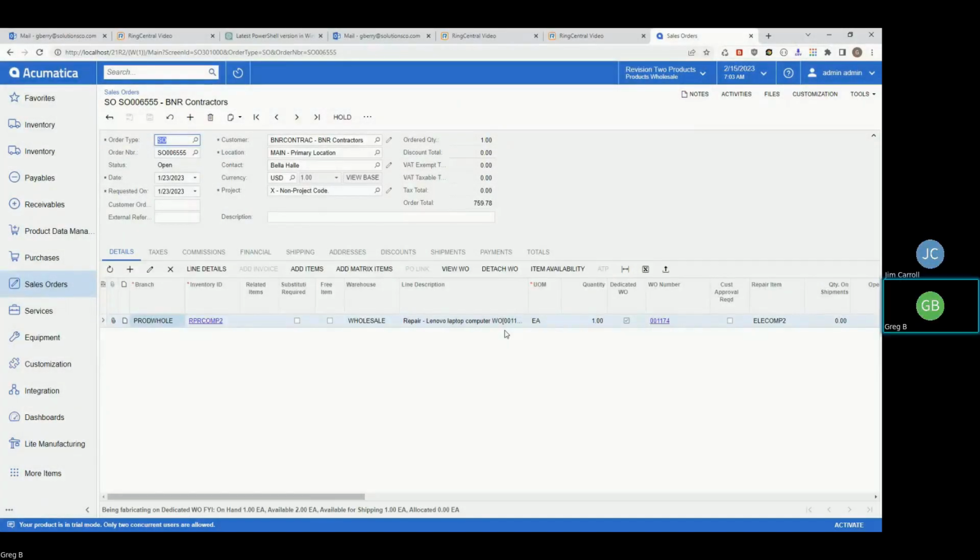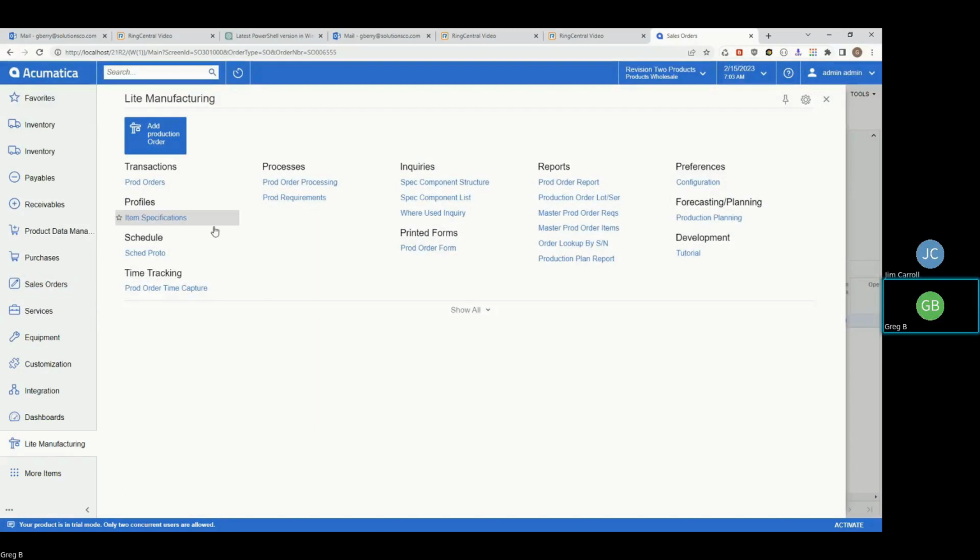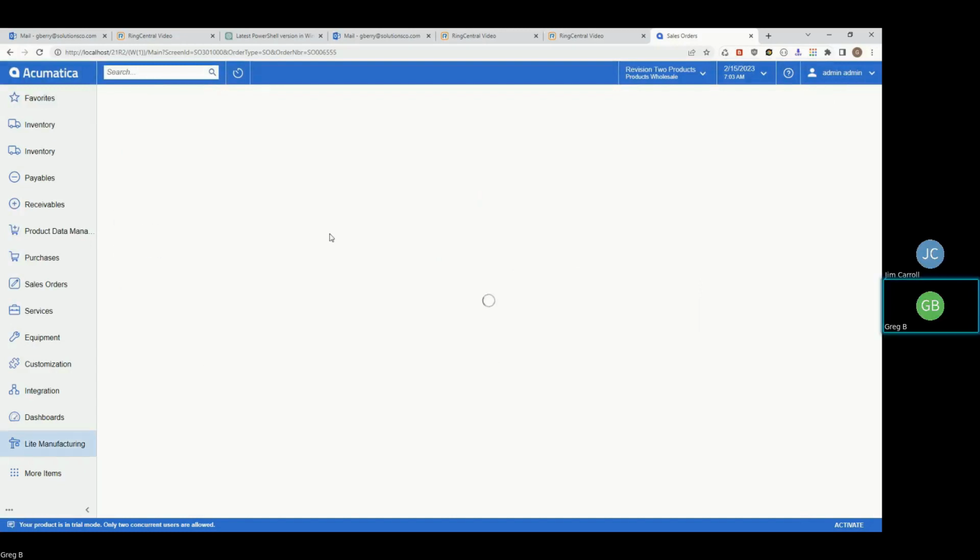Like these guys potentially, you might get one of these prototype or custom units that you build back for repair. So how are you going to repair it? Well, what you're going to do is set up a repair job. If we go into light manufacturing, and the menus have all been changed in this new one, if you go into an item specification and we pull it up,